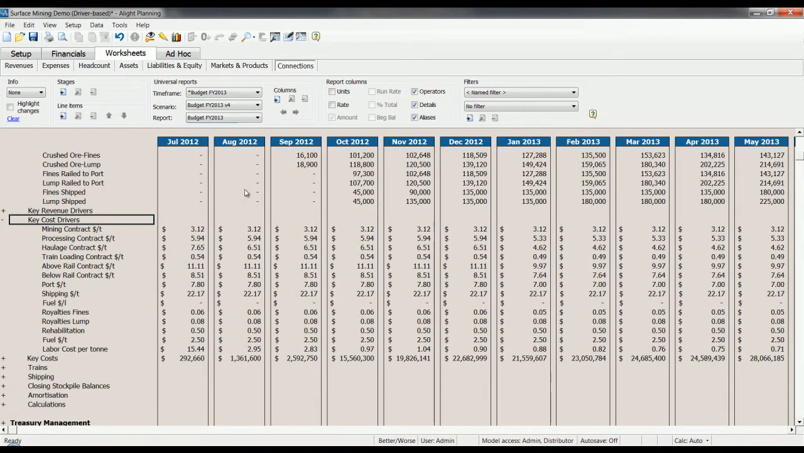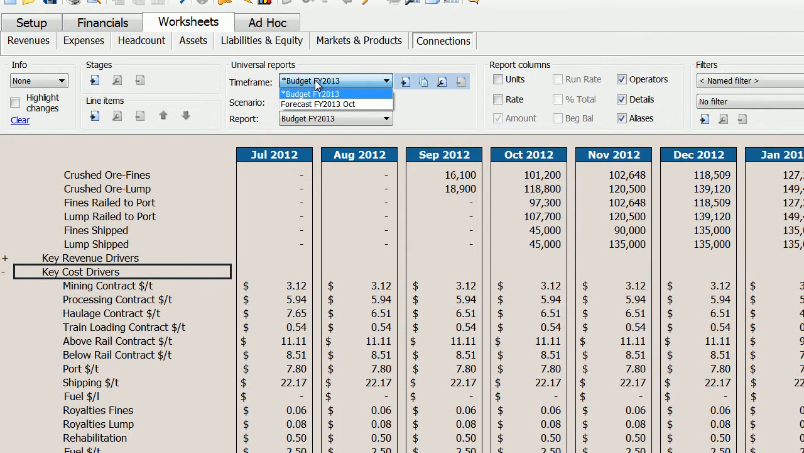In Alight, that's achieved by segregating budgets and forecasts into what we call timeframes. Timeframes allow you to roll forward from a budget to a forecast while keeping the original budget intact. In this model, we have a forecast which was created at the end of the fiscal first quarter in October. If I open the forecast